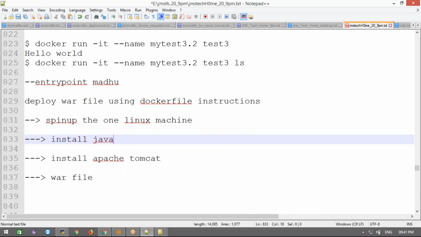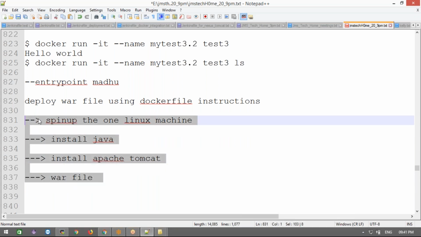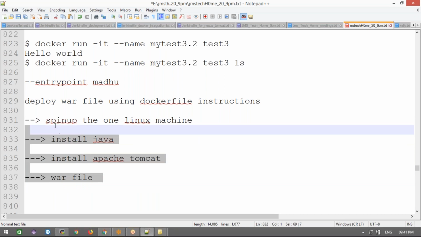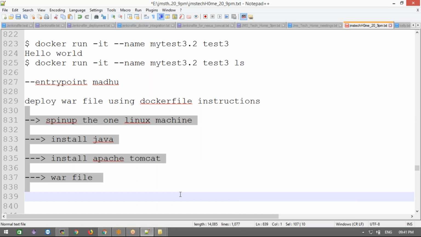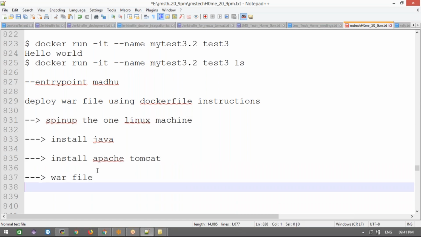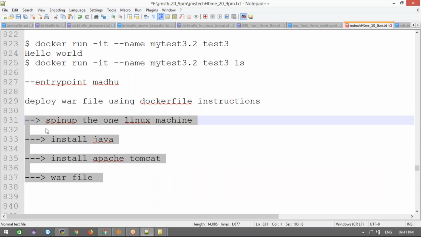Now, these are the things I require if I want to deploy my application. If I want to deploy anything, I need to take a VM, and these are the things I require to run my application, and then this will give one IP address, and then I can access my application over the web, right?